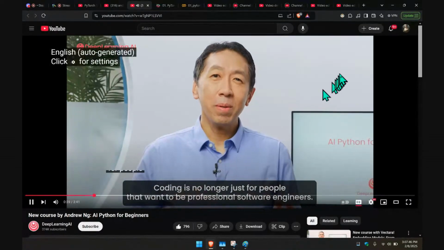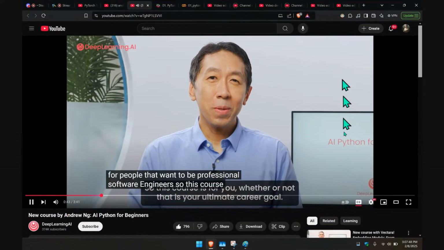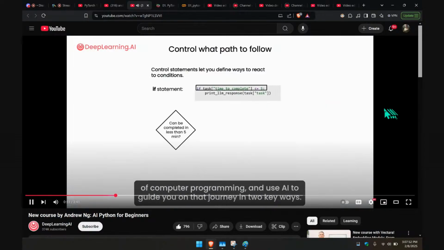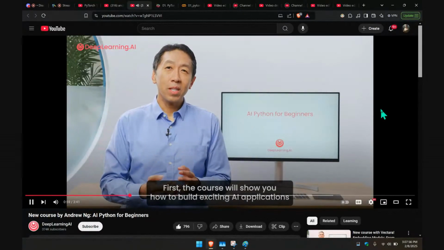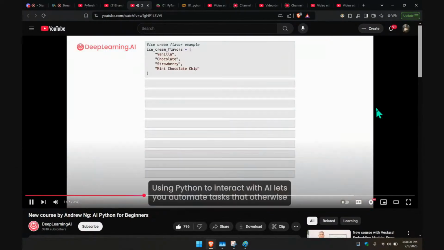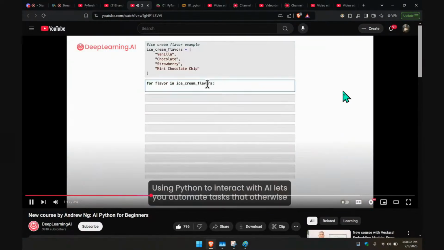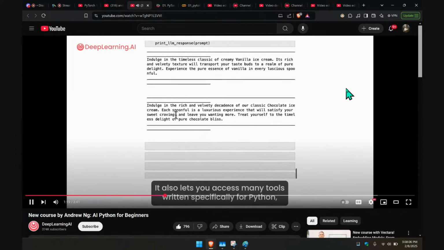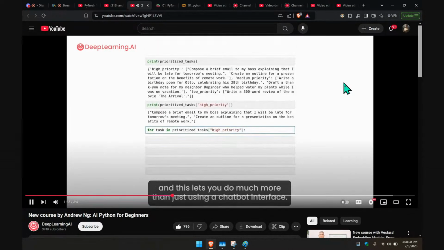Coding is no longer just for people that want to be professional software engineers. So this course is for you, whether or not that is your ultimate career goal. AI Python for Beginners will introduce you to the most important concepts of computer programming and use AI to guide you on that journey in 2 key ways. First, the course will show you how to build exciting AI applications by combining new AI language models like ChatGPT with Python coding. Using Python's interactive AI lets you automate tasks that otherwise would be repetitive if you had to do them using a chatbot AI in your web browser. It also lets you access many tools written specifically for Python, and this lets you do much more than just